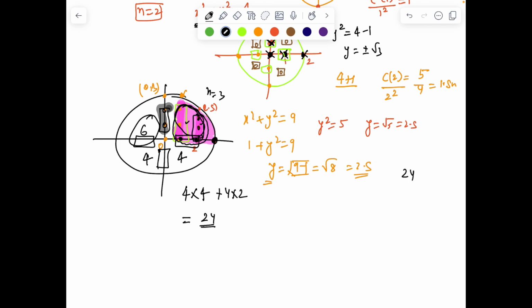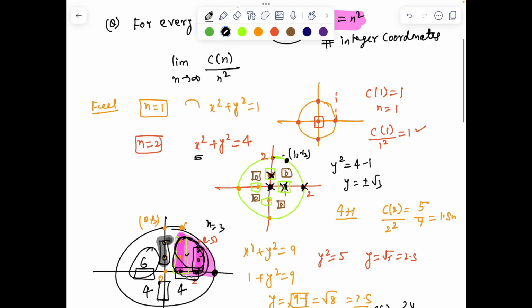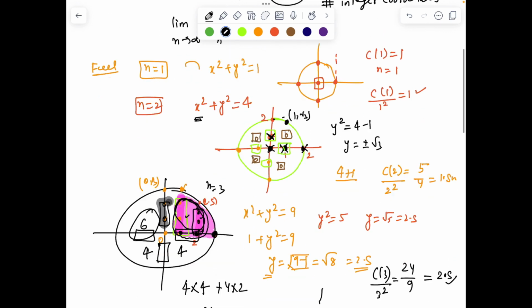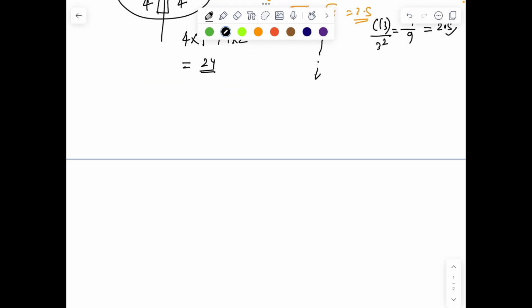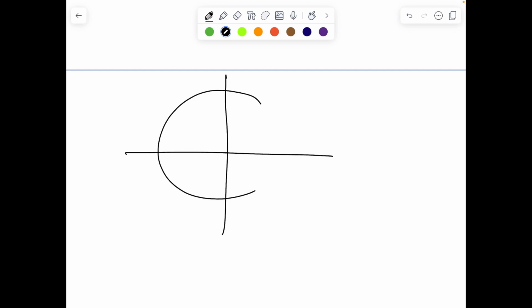So again you can count, it's 24, which is C3 divided by 3 square, which is 9. So again we have almost 2 point something. This is the way the series goes on, and we need to find the number of lattice points when n is really large, and that ratio Cn by n square. So by now you have already understood, given a circle of radius n,